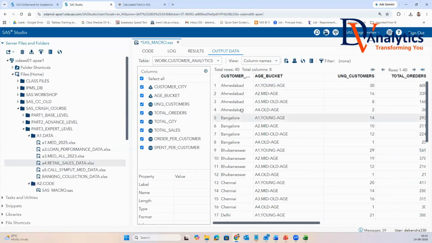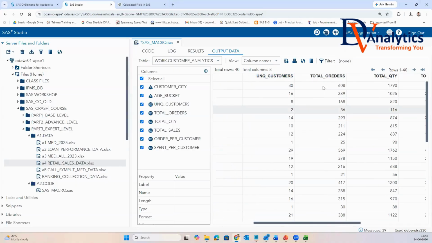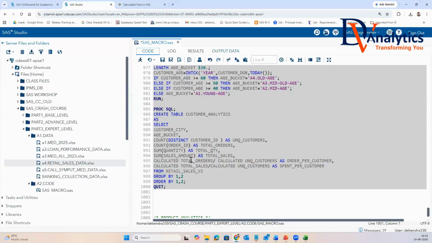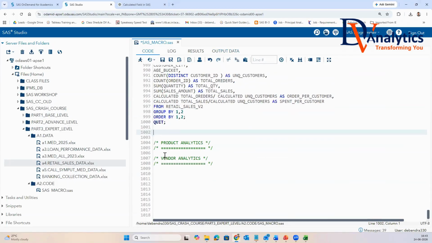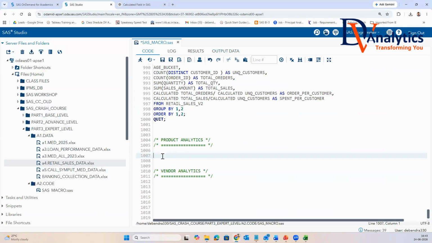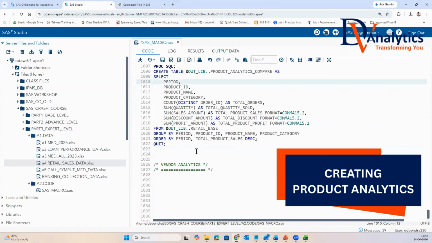Now you can see, city-wise and customer age bucket-wise, we can see the unique count of customers. So like that, you can do product analytics also. You can do vendor analytics. So what I'll do here, guys, I have already created those codes. I just want to copy paste here. So I can go for looking at